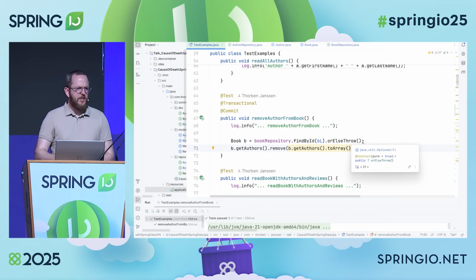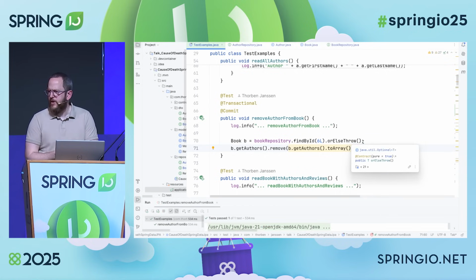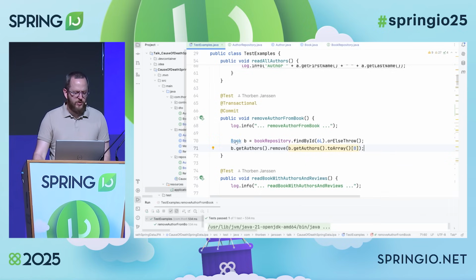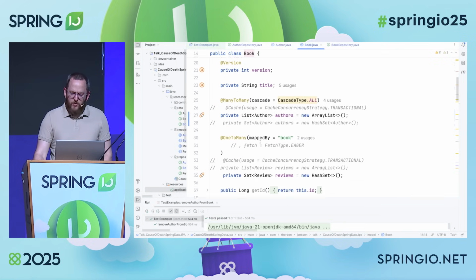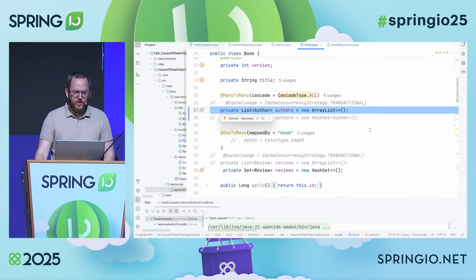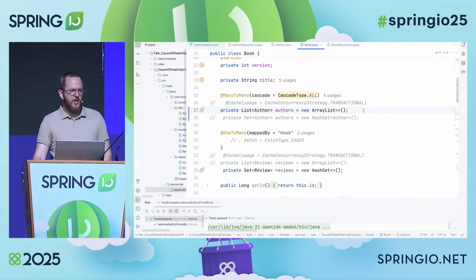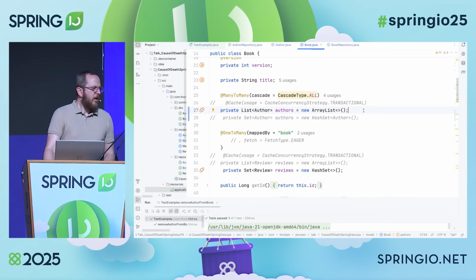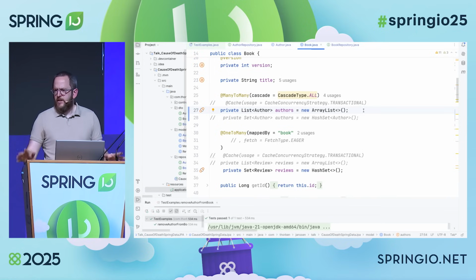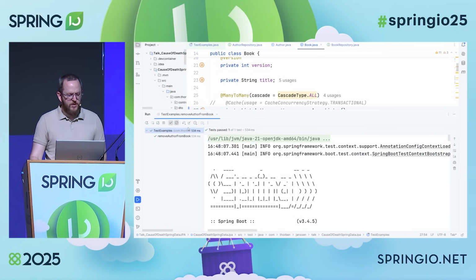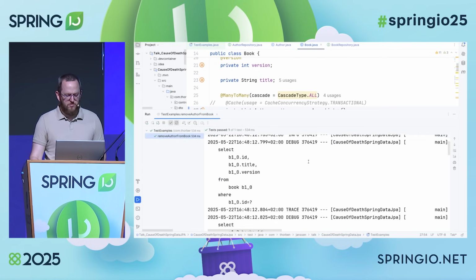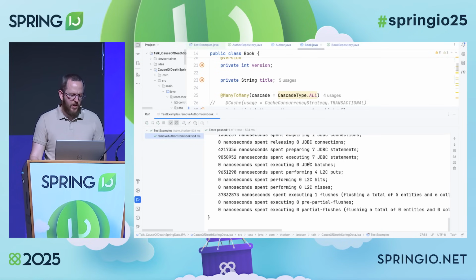So what would we expect here? This is definitely something that we could write in our code, right? No one would be suspicious here, especially not if we take a look at our book entity, where we see that authors are modeled as a many-to-many relationship of type list. I'm probably not the only one who learned that lists are a great collection type when they started to learn Java. The overhead is extremely low, it's efficient, it's nice. So using that as a many-to-many attribute is obviously a good idea.